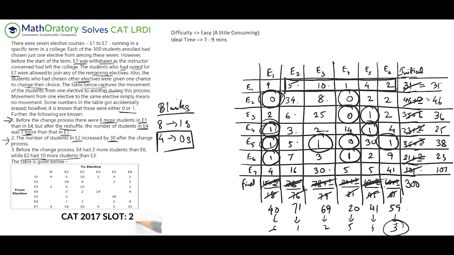In the paper, if you are comfortable with matrix, you should definitely do this. Even if you're not, you may give it a shot depending on the other sets, what sort of difficulty level they have. So if you're not very comfortable with matrix, you might skip a set like this at the first round. Maybe revisit it if you are not finding enough sets to solve otherwise, because it's not a tough set to solve. Just need to sit with it and solve it. Simple as that.